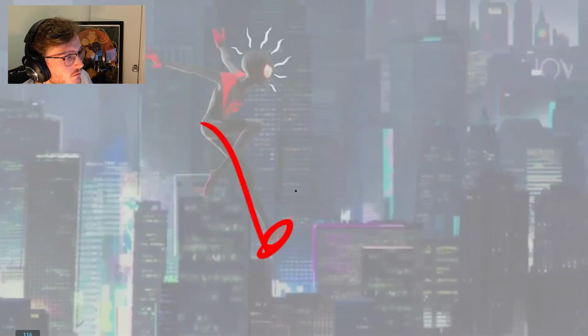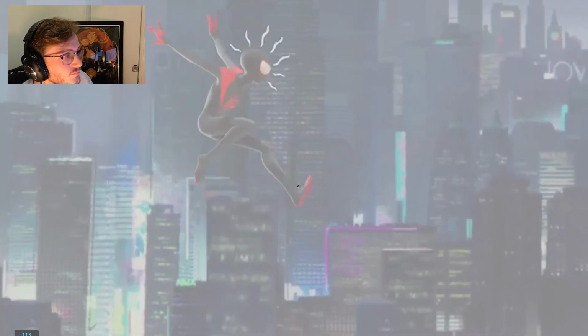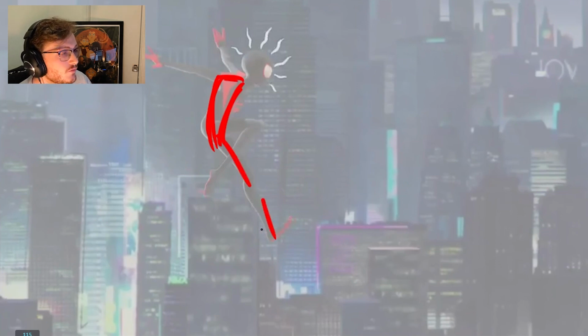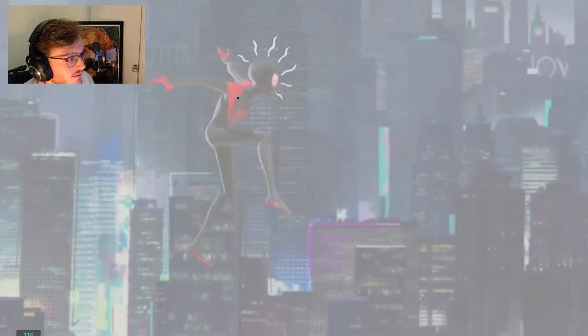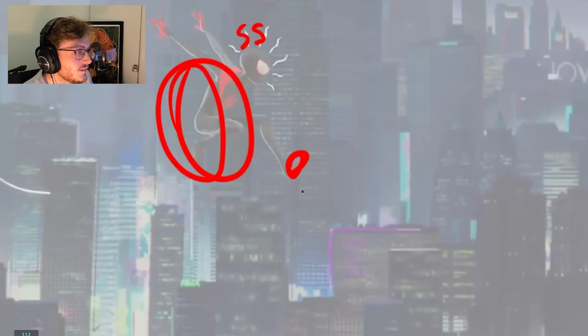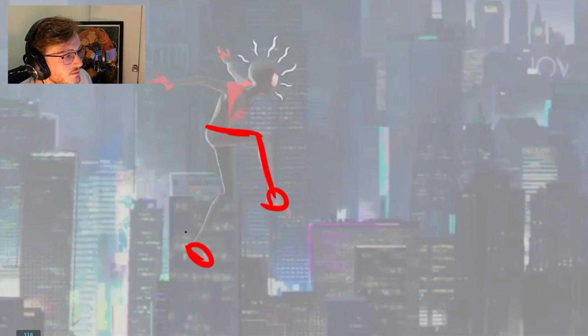Very nice action. We're leading with the leg here. There is a little bit of a disconnect between the body. I would have maybe had the body come down slightly with the leg, so that way it feels like there's a change in volume. So it feels like we're leading with the hips. You know, there's a little bit of a connection there. And he's got a nice little scrambling. So if we track the arc on the leg, you can see how it's easing out, which is nice. And then there's a little scramble here.